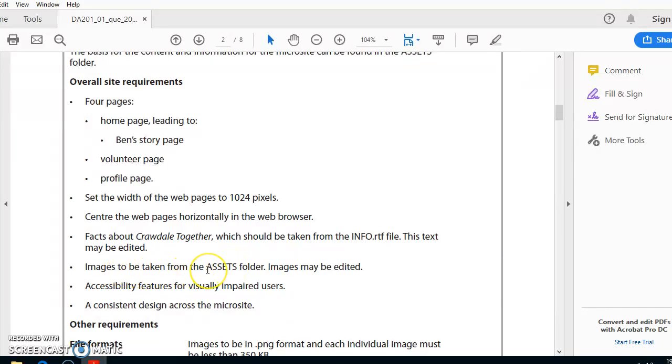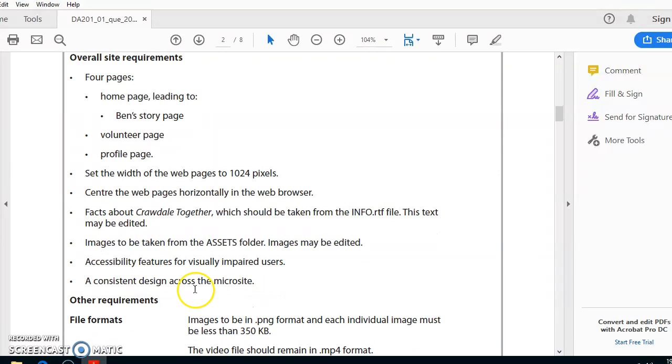Any images that you need to use should be taken from the assets folder, and you may edit these images. In fact, you will need to edit some of the images. Accessibility features for visually impaired users, which means that you need to use contrasting colours. Never use red and green together. You'll be marked down substantially for using that. And you need to have a consistent design across the microsite. This consistent design really relates to what you set up on your template, on your